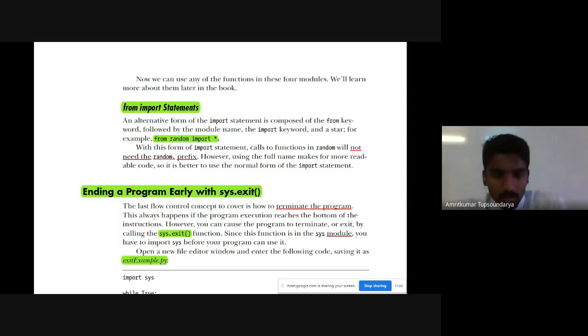One of the important among them is the termination of the program. That allows us to terminate or exit the program whenever we feel like exiting, right? So this is another flow control concept which is used to terminate the program.